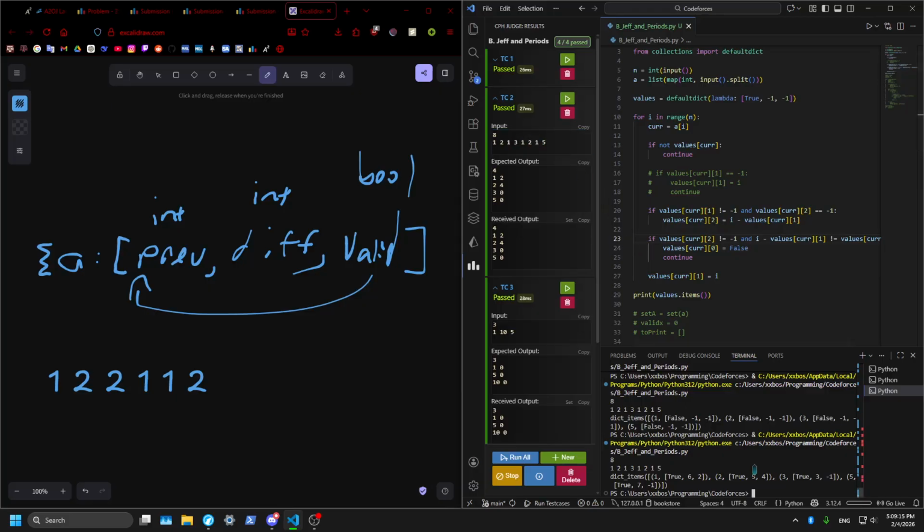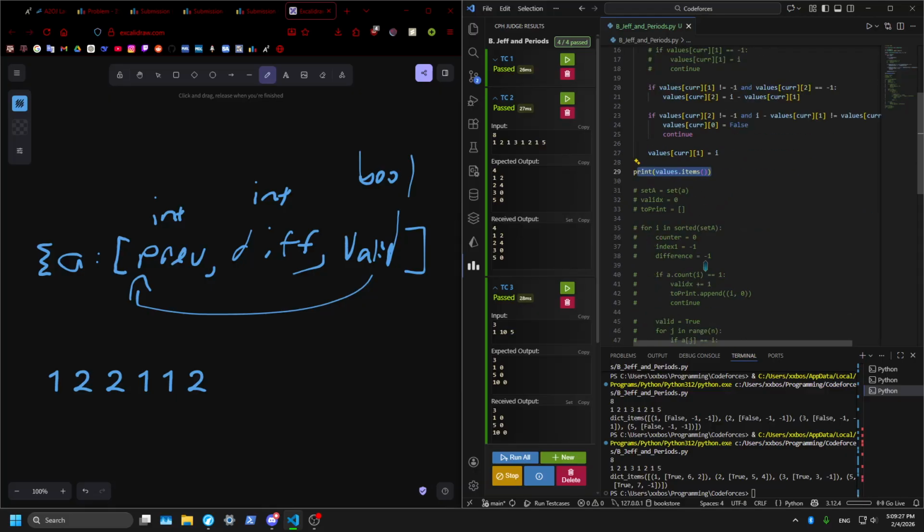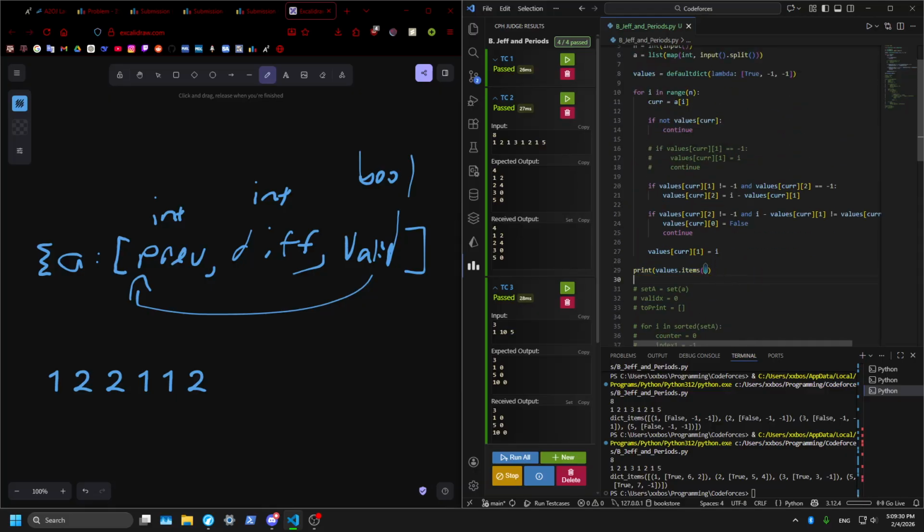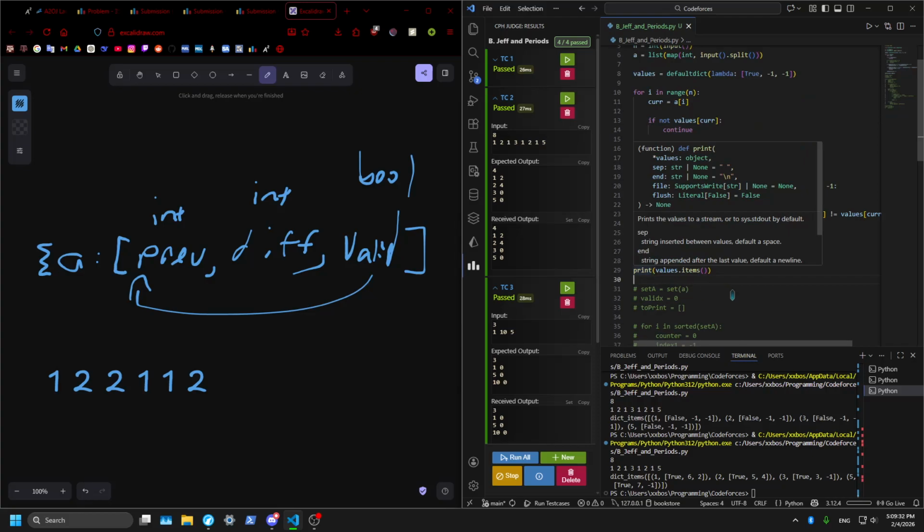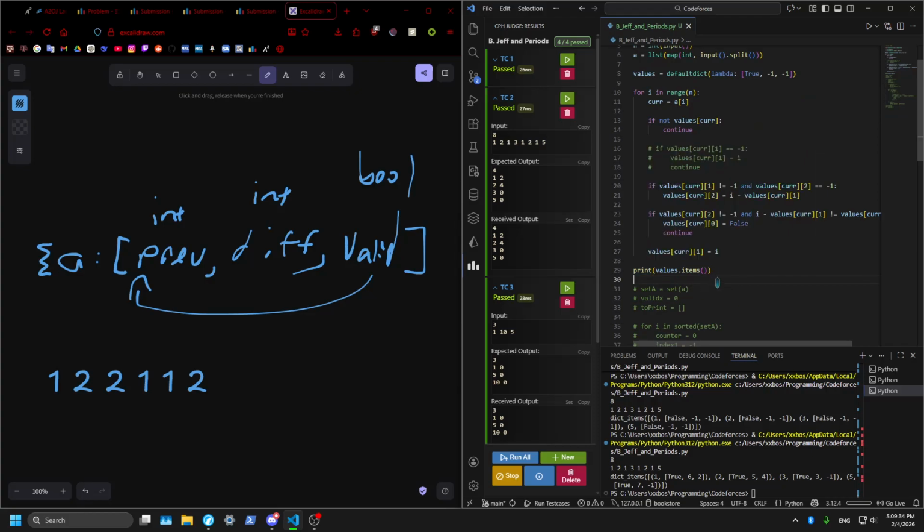Yeah, starting with index 0. This one is 5. Index 7. Diff is -1. Okay. So, if this is working correctly, I should just be able to